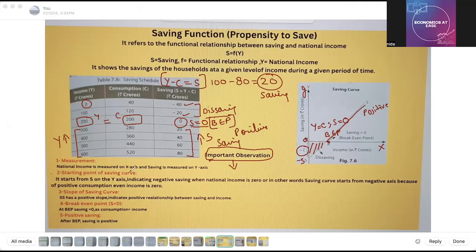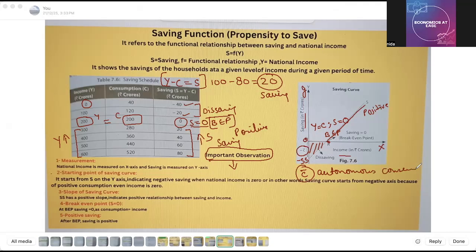So national income is measured on the x-axis and saving is measured on the y-axis. You can see saving here and national income. Then it starts from S on the y-axis. ये S से स्टार्ट हो रहा है, यहाँ पे S है आपका, it is minus, आपका negative saving है, okay? Negative saving when national income is zero, or in other words, saving curve starts from negative axis because of positive consumption even when income is zero. यानी कि यहाँ पे क्या है आपका, ये autonomous consumption है,